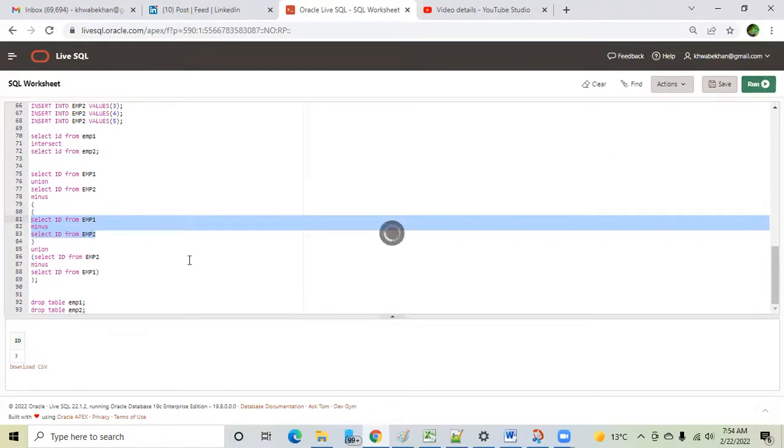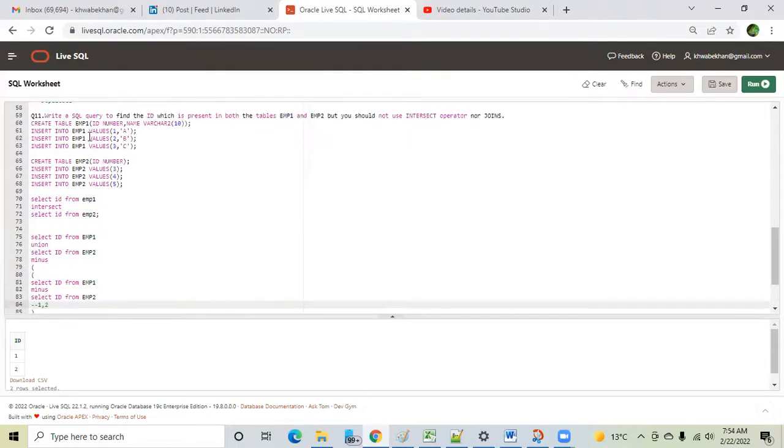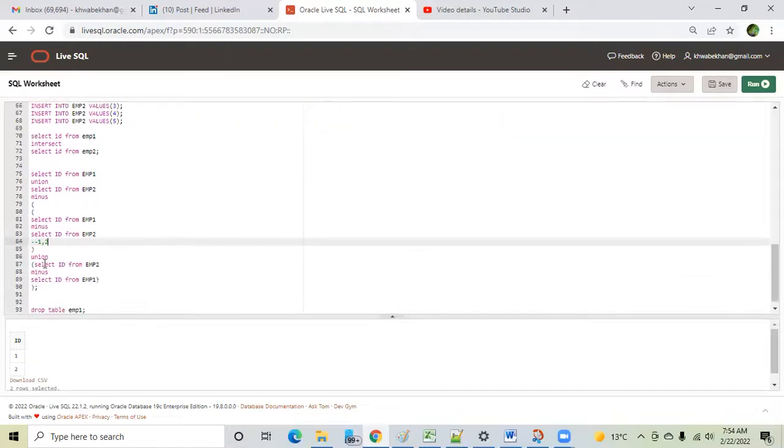Let me run this. From this, you got the output as 1 and 2. So the output of this query is 1, 2. This tells the IDs which are present in employee 1 but not in employee 2. So he got the exclusive IDs of the employee 1 table. Then